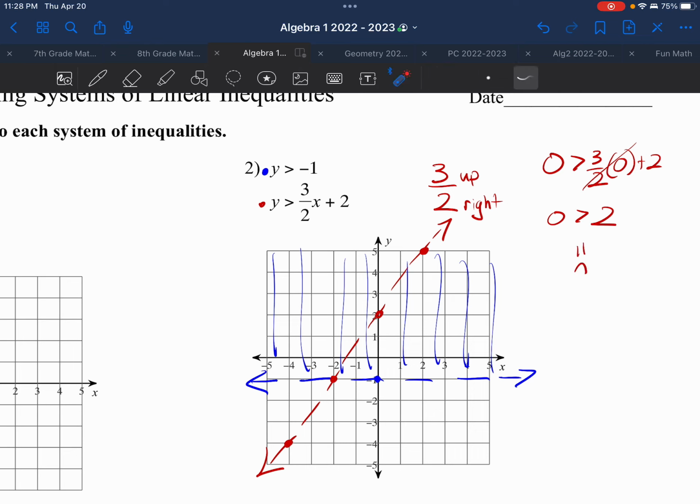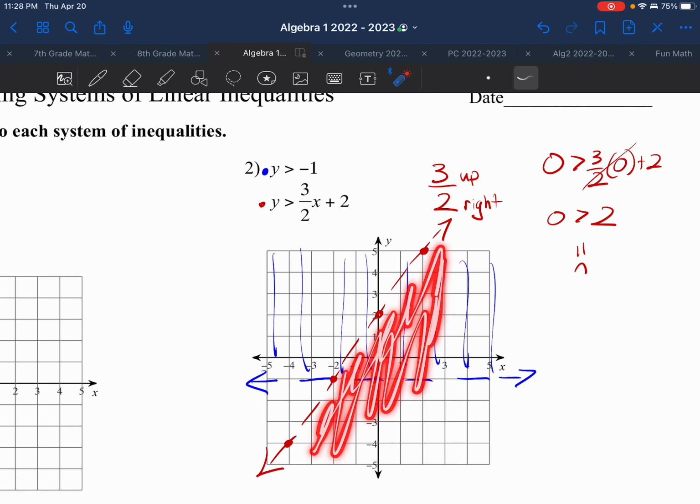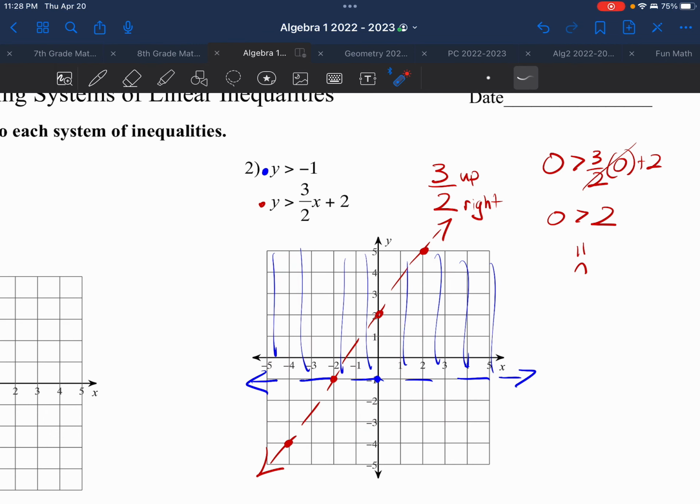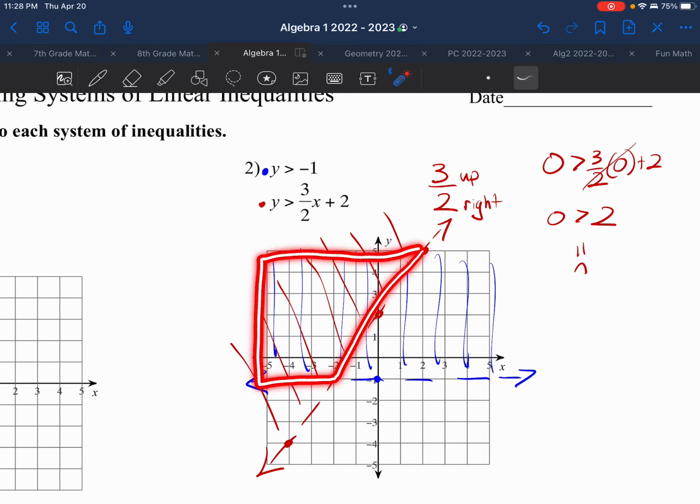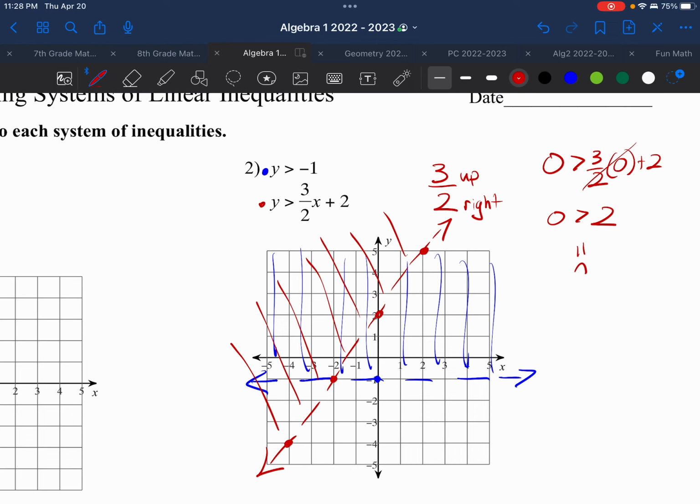That doesn't belong, meaning that this point doesn't belong. It's not this bottom area underneath the red line. It's the top area above the red line, meaning you're having something that looks like this. I'm trying to show what you would look like when you're shading this in with a pencil, and you'd be like, oh, Mr. Snell, I clearly see that the answer is in this section right here, right? And then you'd shade that section in really heavily, and maybe have a very heavy pencil and be like, okay, this